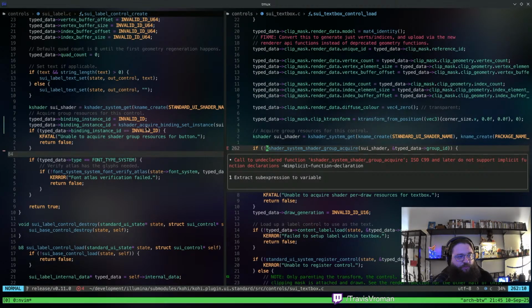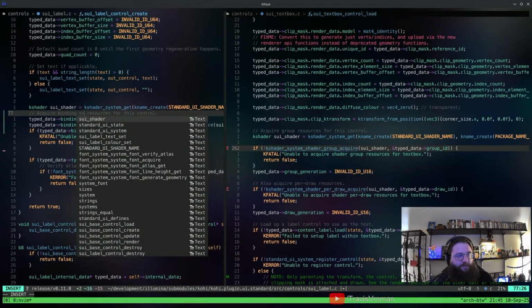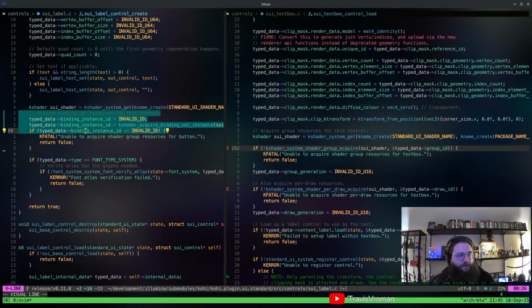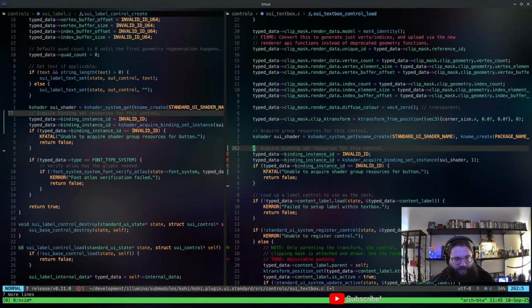So instead of this group acquire business, we are going to acquire a binding set, right? So I'm going to take this, come over here, and replace that whole block, right?